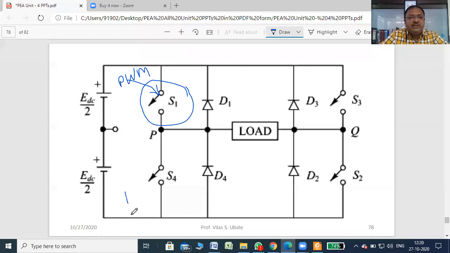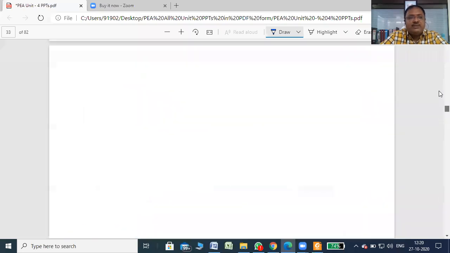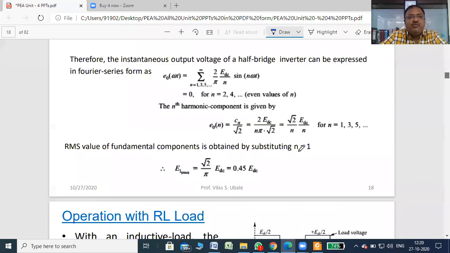Just simply, this is the difference: PWM, right? PWM control circuitry. In the first figure, when we learned the first part of this unit, that is the single phase full bridge inverter,